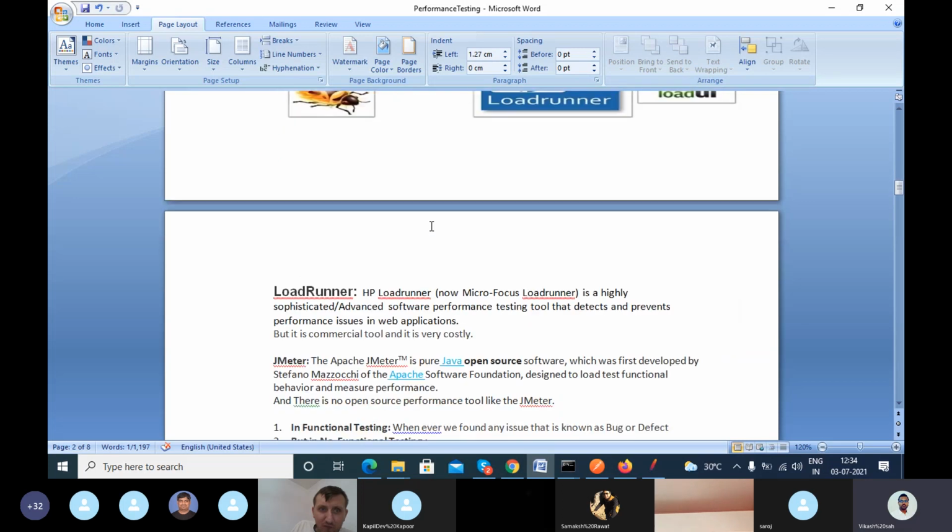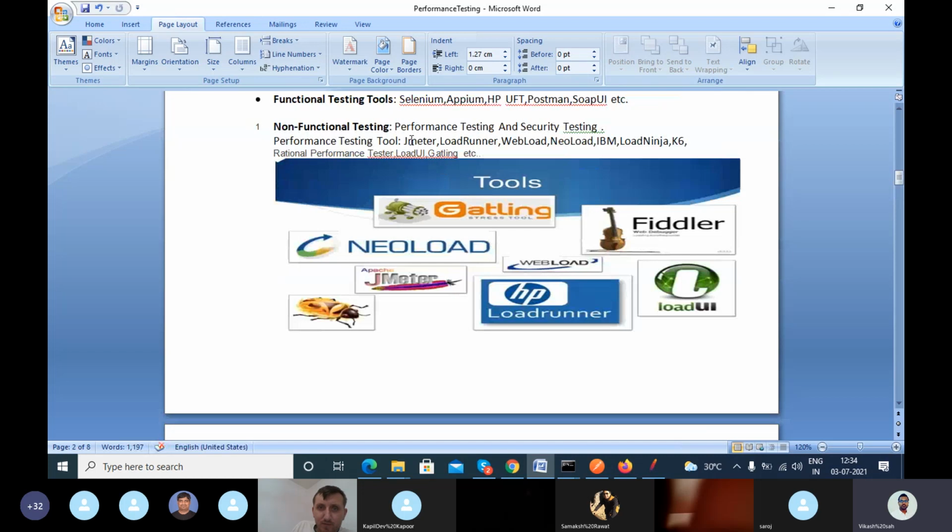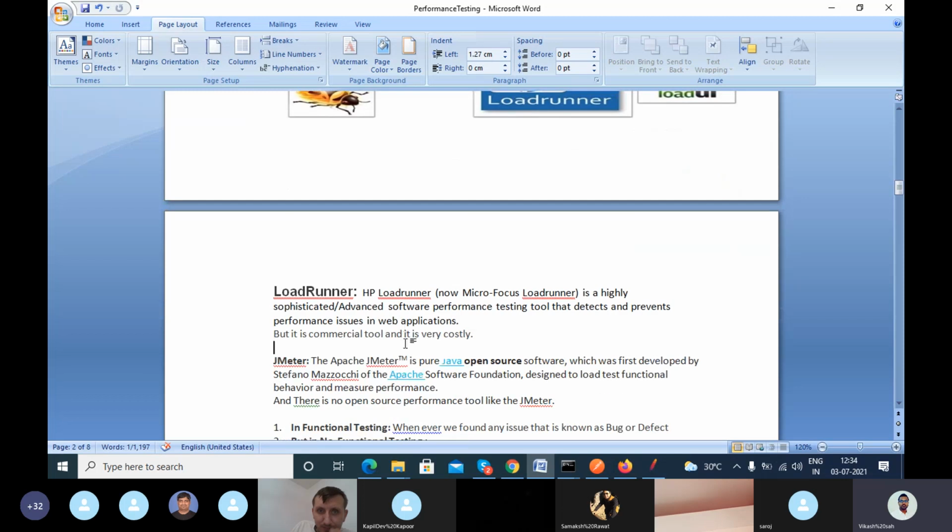Okay, now I will compare two tools. These two tools are very famous tools. So I will compare these two tools, guys. Earlier it was implemented by LoadRunner, HP LoadRunner. It was manufactured by the HP company. Nowadays it is purchased by Micro Focus,